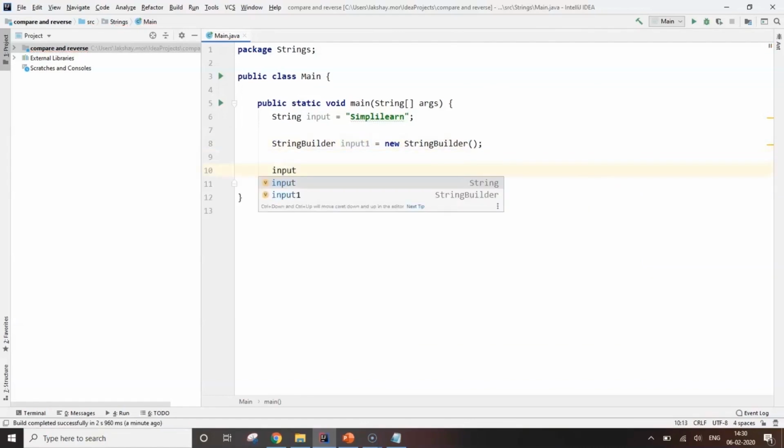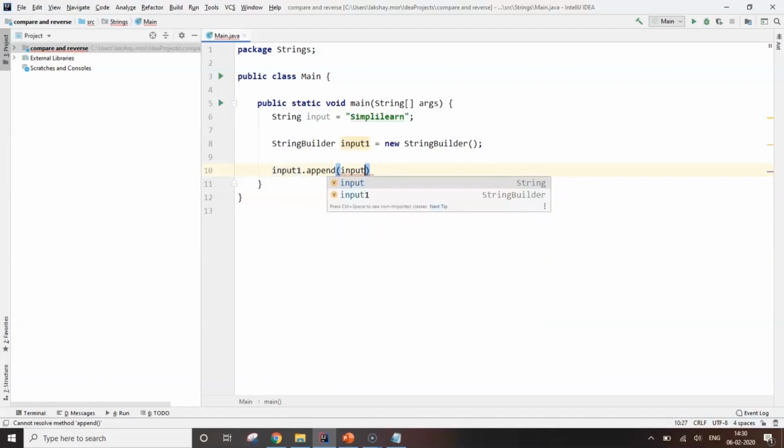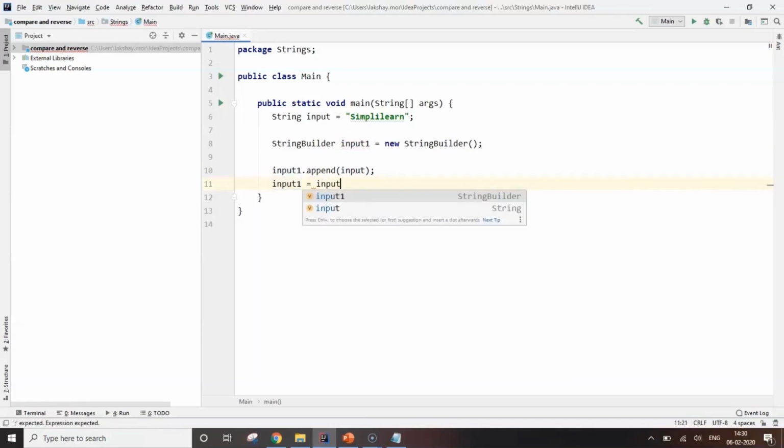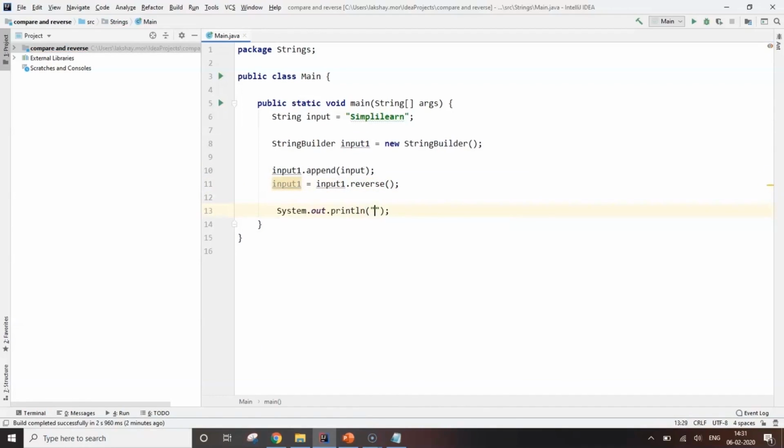So first I'm gonna do input1 dot append so that I can do operations that I want on it, either reversing or deleting or concat. So I'll take append of input. And lastly input1 is equal to input1 dot reverse. This function reverses the string that is there in input1. Now to print the value of the reverse string